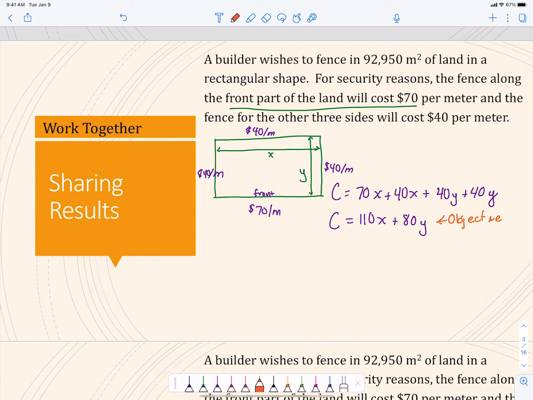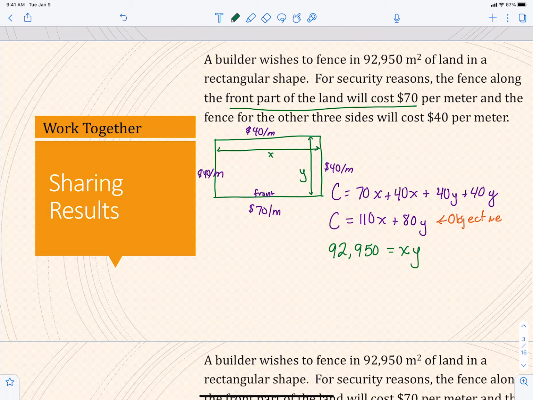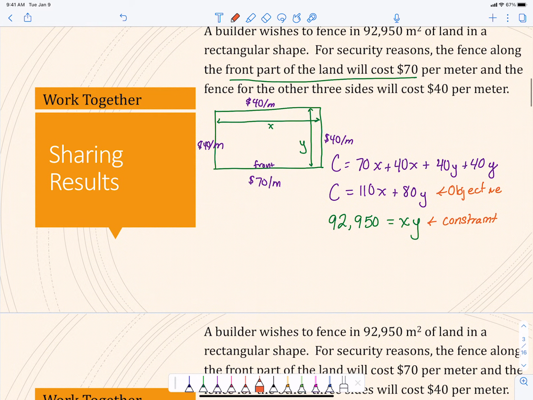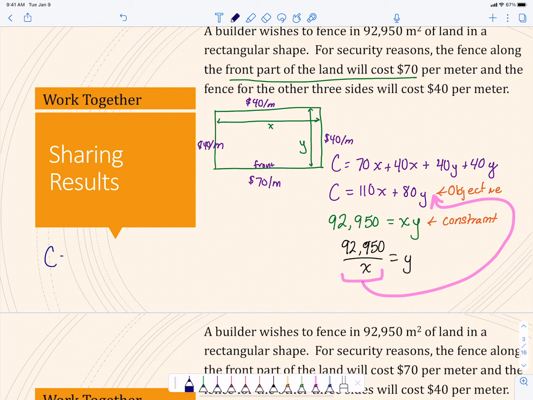But we also have our constraint that our area needs to be 92,950 square meters. That's our constraint, or our restriction. We can solve it for X or Y, it doesn't really matter, it's up to you. I tend to solve for Y. We're going to plug this into that objective function for Y, and we get that our cost is 110x plus 80 times